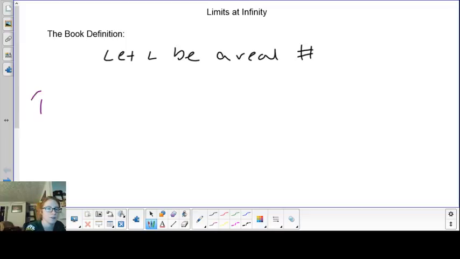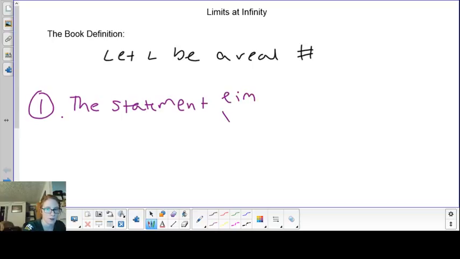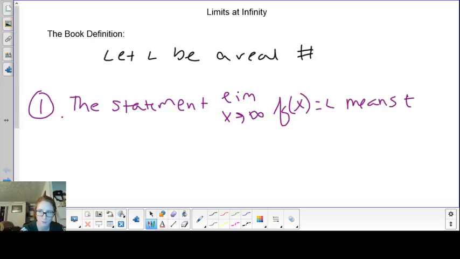The first thing is that the statement the limit as x approaches infinity of f of x equals L means that